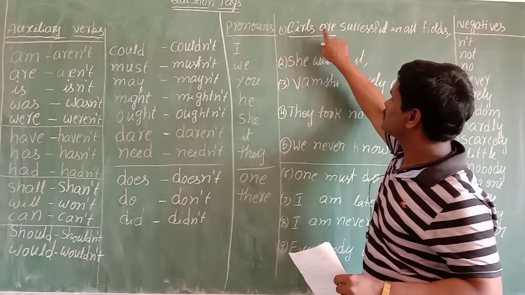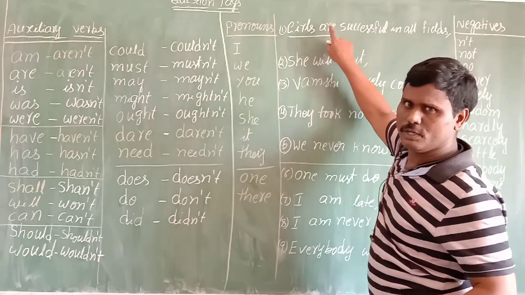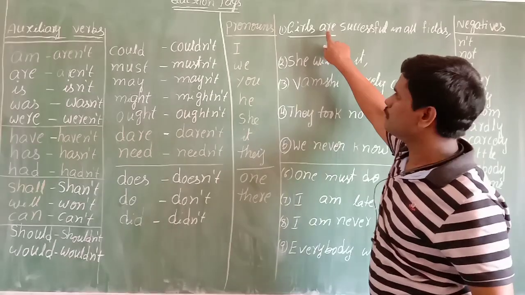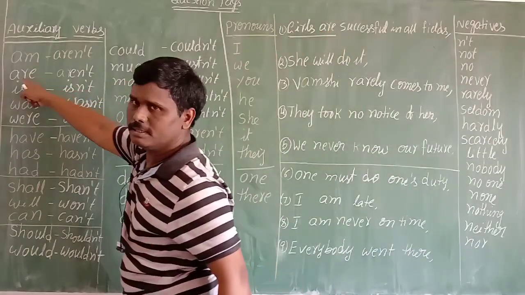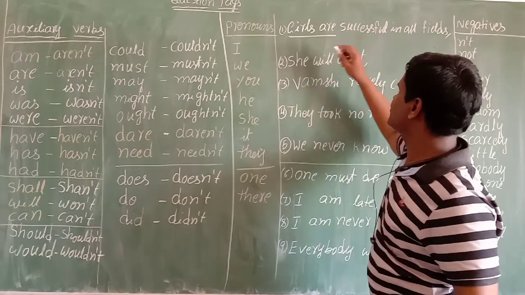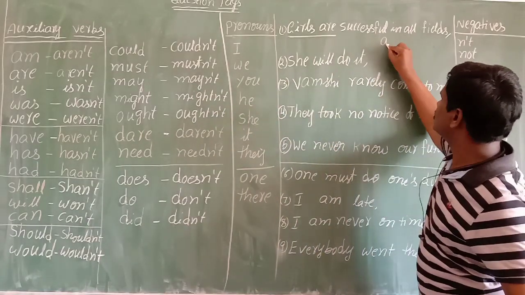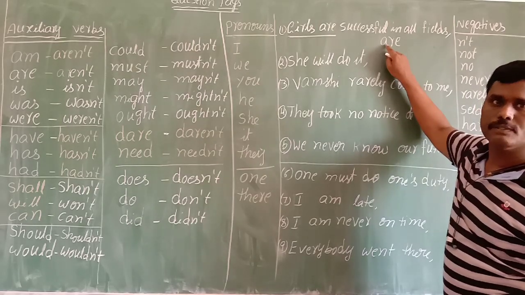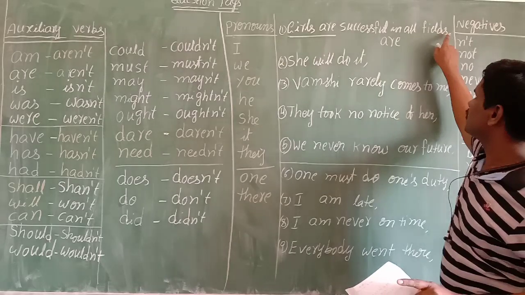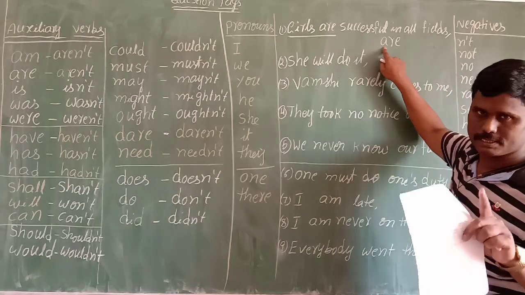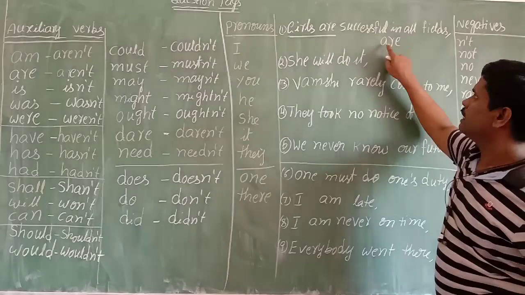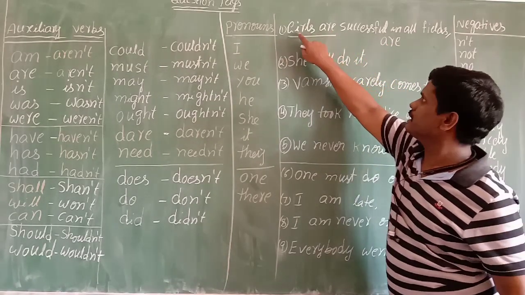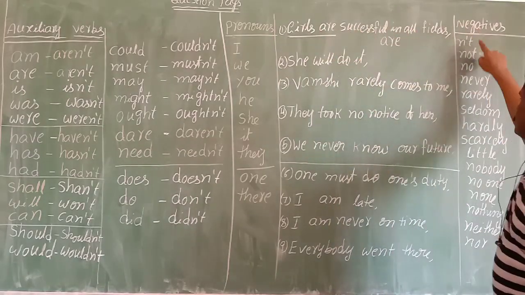First of all, girls are. First see, is there any helping verb? Helping verb: are is a helping verb. So write the same helping verb. The question tag always begins with a small letter because after the comma we write it. So friends, this is an important point you must remember. Because here the helping verb is there. Next, read the sentence. Is there any negative word?